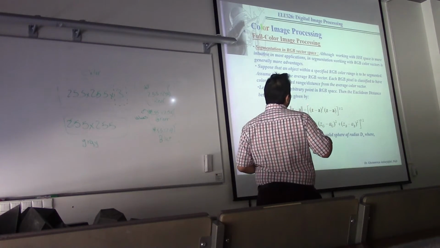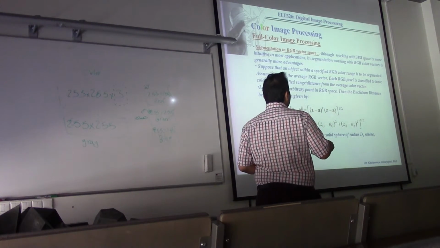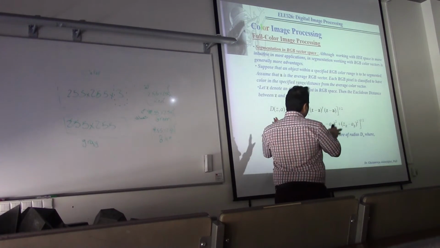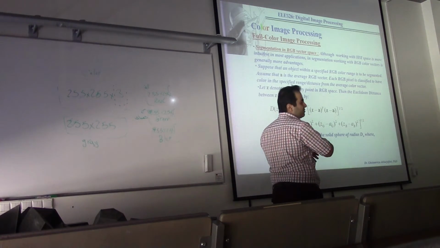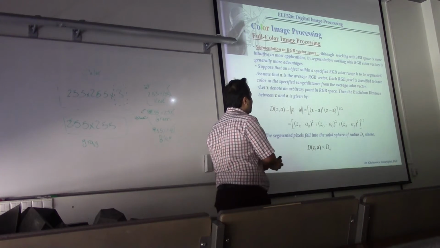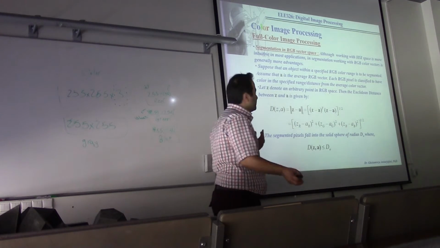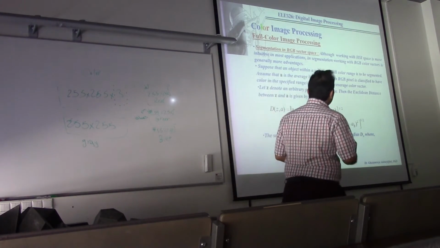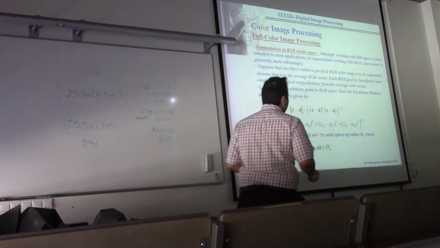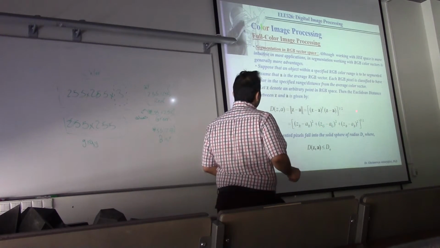We can find the distance easily by this equation. You don't need to memorize this, because it won't be asked in your exam, but for your information, you can use this equation to find the Euclidean distance